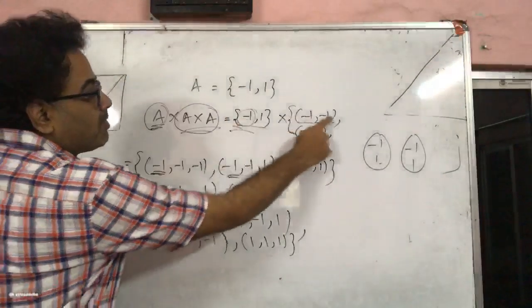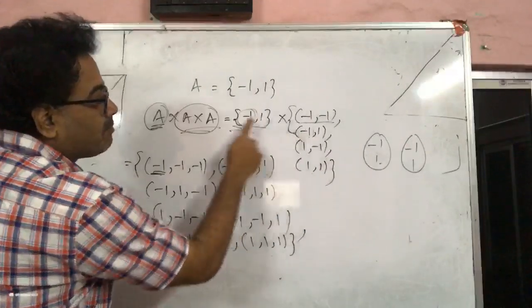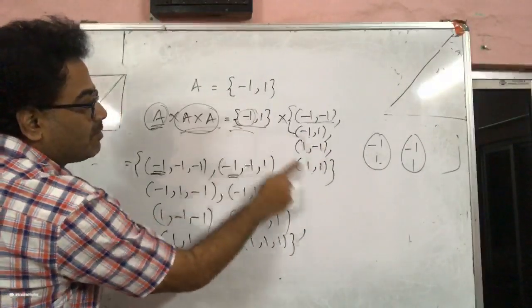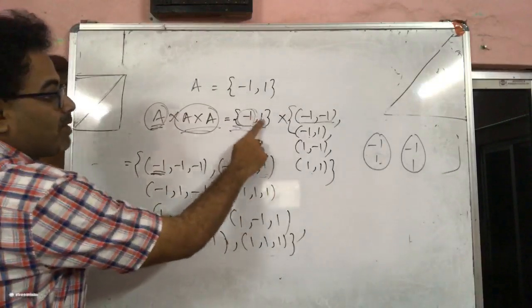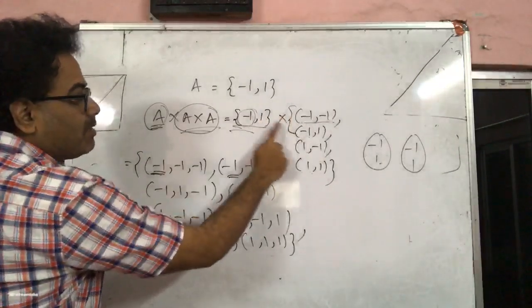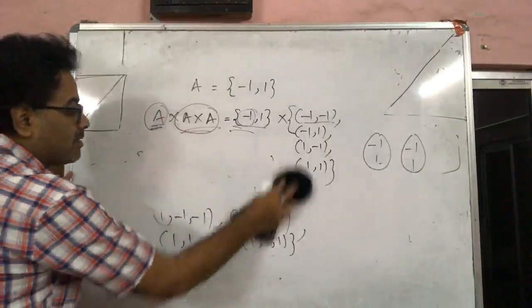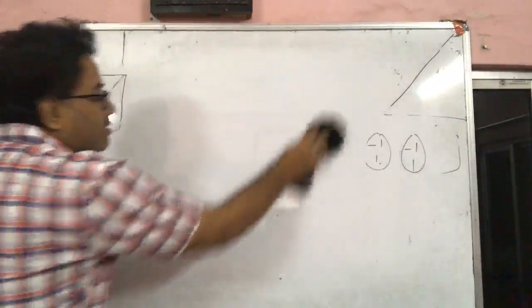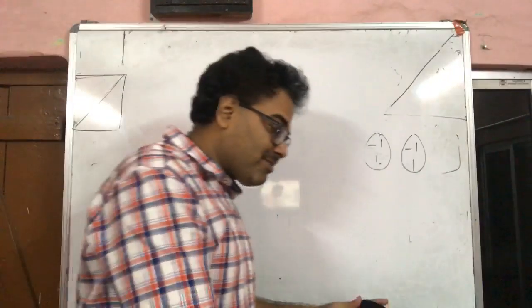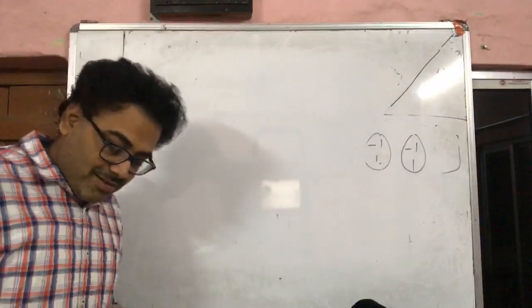So minus 1 minus 1, minus 1 0, minus 1 1. 1 complete. এবার 1 দিয়ে হবে 1 minus 1, 1 0, 1 1. 1 1 finished. এটা স্লো হয়ে যাচ্ছি, সবাই একটু চেষ্টা কর তাড়াতাড়ি করার।